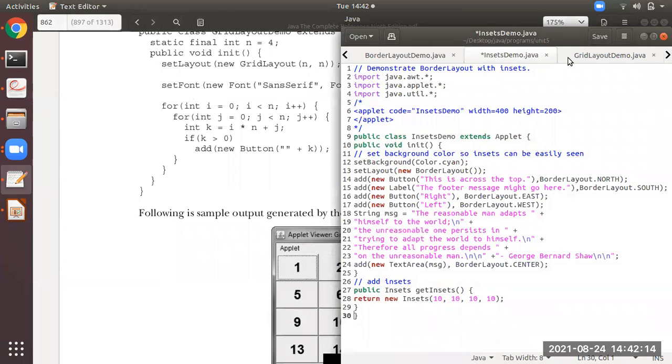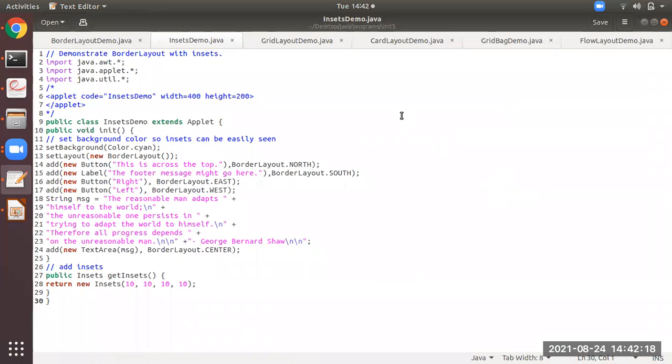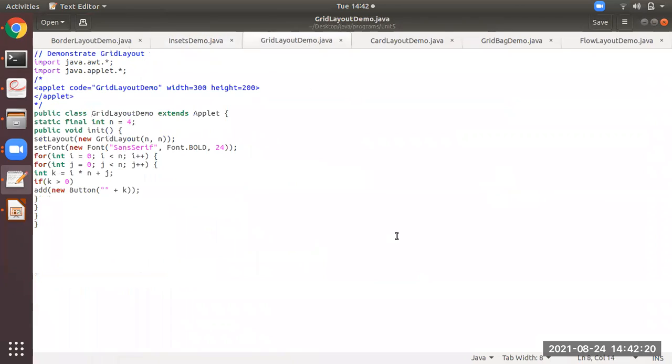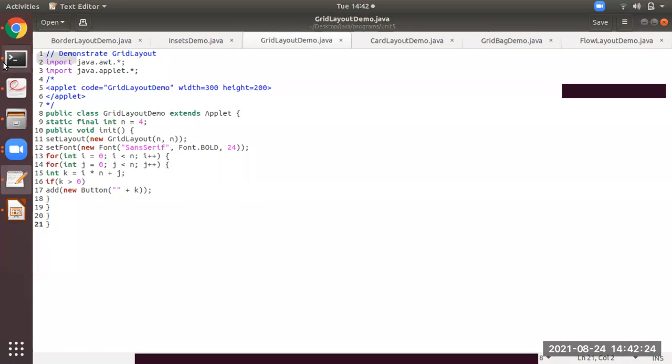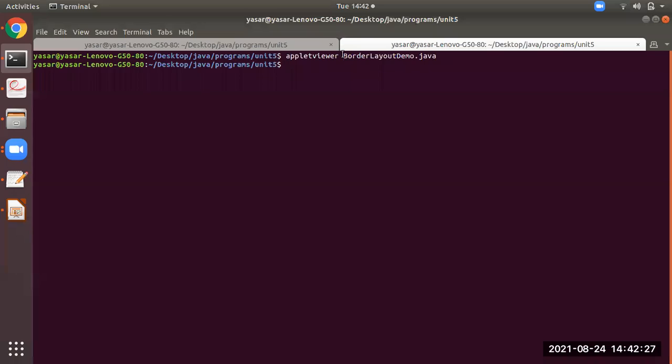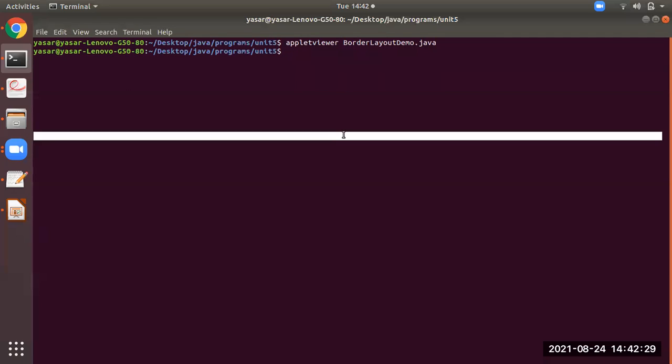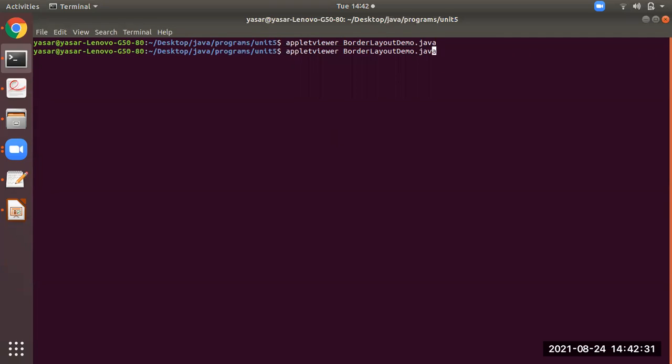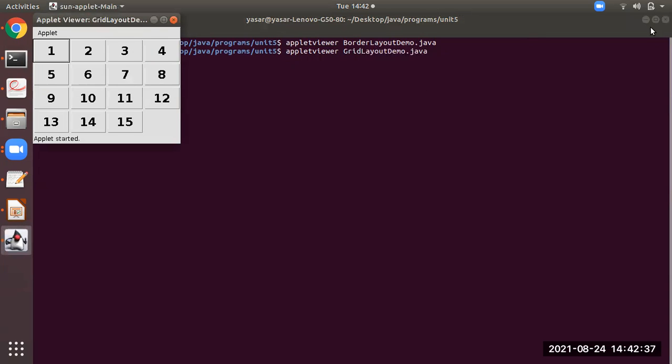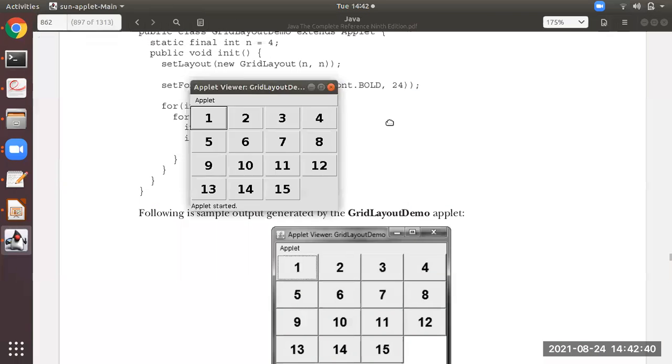So where is the program? Grid layout demo. This one. See.